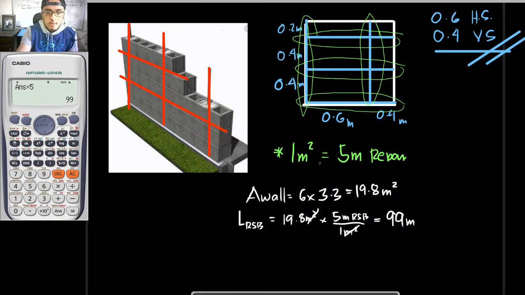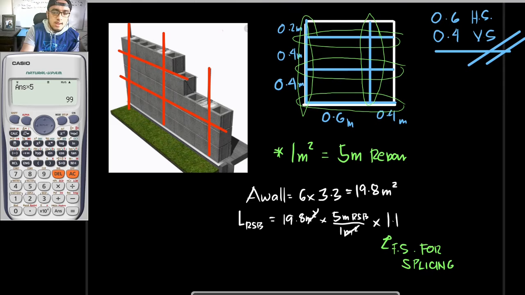So, okay. With that being said, erase na muna ulit natin to. What we would be doing is to multiply it by 1.1. So, 10% increase. This would be the factor of safety for splicing. So, this would be the increase for splicing. Okay, so moving forward, what would our answer here be? So, itong 99 natin, increase natin ng 10%. So, our length would be 108.9